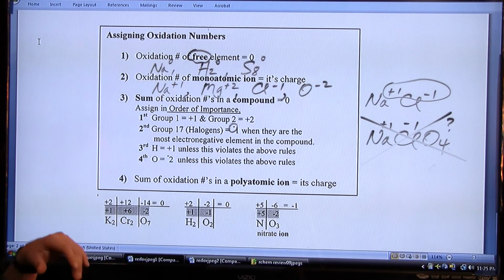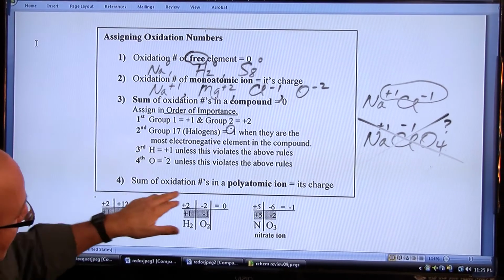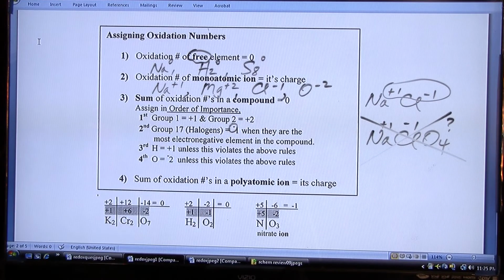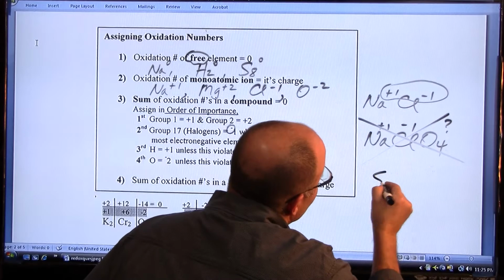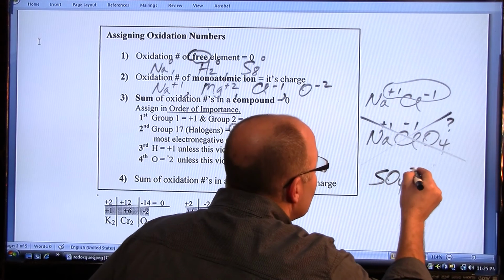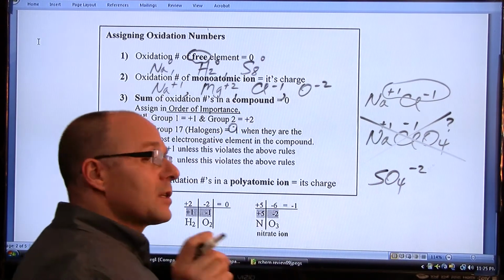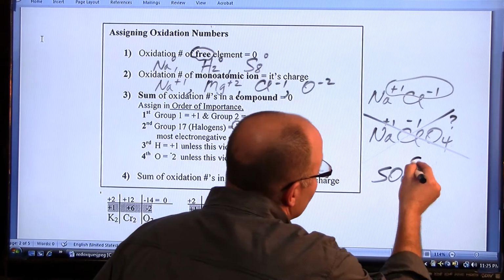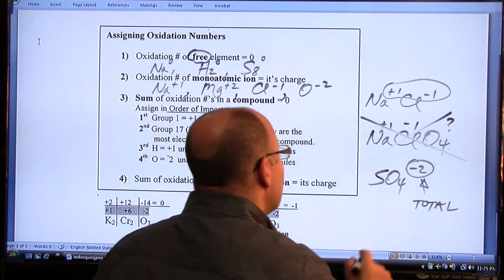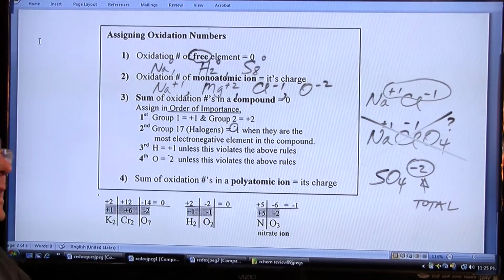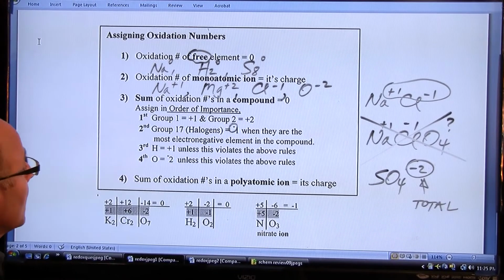Okay. And finally, the sum of the oxidation numbers in a polyatomic ion is equal to its charge. So if I gave you SO4 negative 2, in this case, you're going to set the total equal to negative 2, instead of 0, if it were a compound, like let's say Na2SO4. All right, so now let's apply these rules here